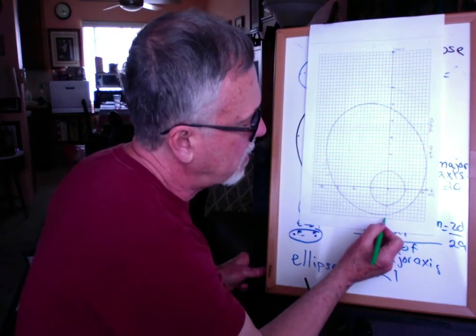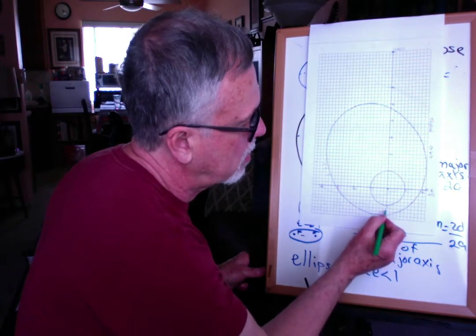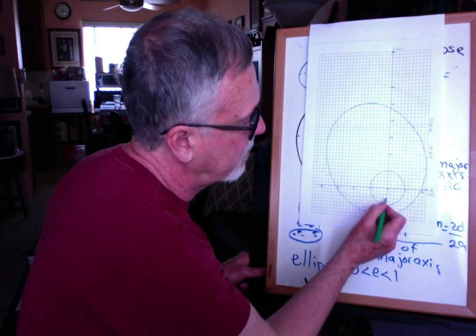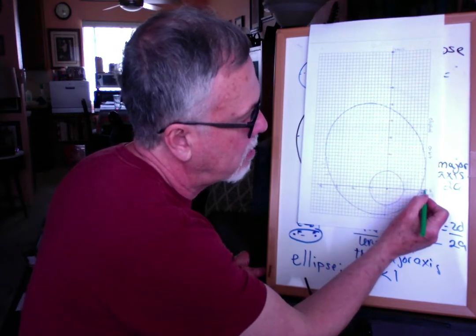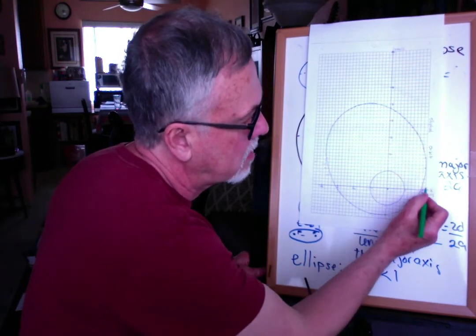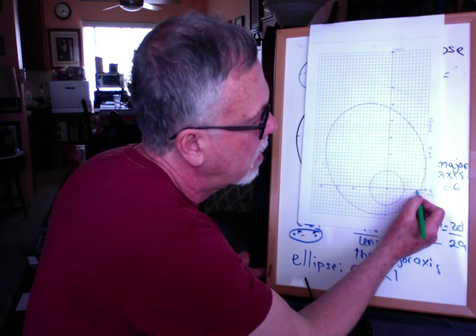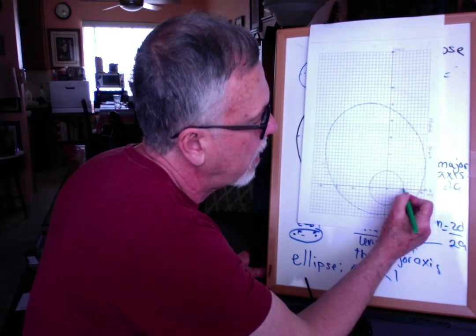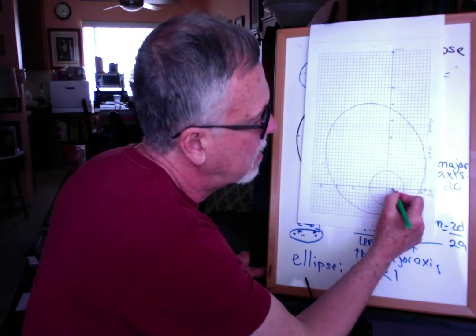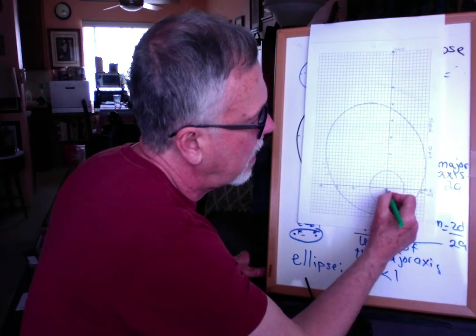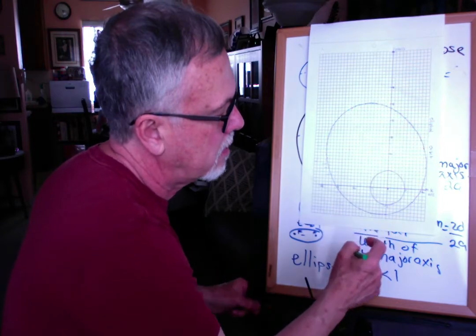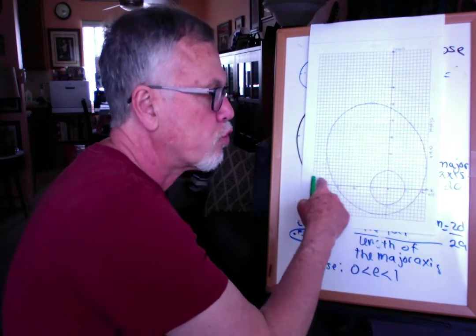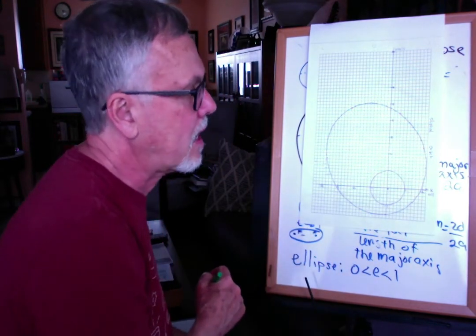Just to be clear, this is where I placed my origin, where the X and Y axis cross. If I go up from here along the y-axis, I go 1, 2, 3, 4, 5, 6, 7, 8, 9 up. Along the x-axis, I go 1, 2, 3, 4, 5, 6, 7, 8, 9, 10, 11. And that's where I have my origin and the x and y-axis cross. And just use a ruler to draw that axis.